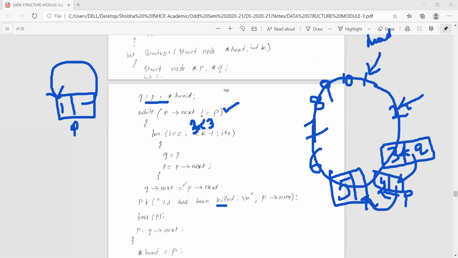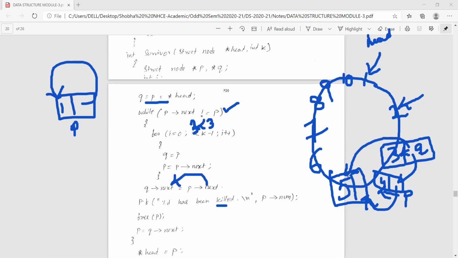But what we are saying is to change Q's next. Make P's next as Q's next. P's next is 5. So change the next of Q to P's next. So you are linking 3 to 5.